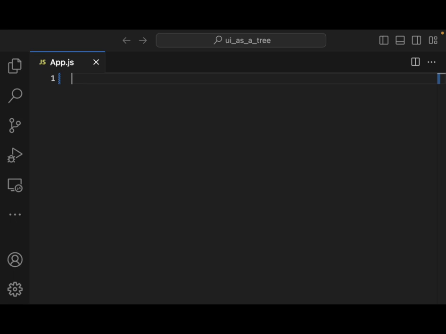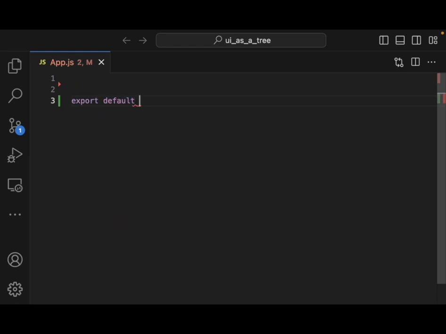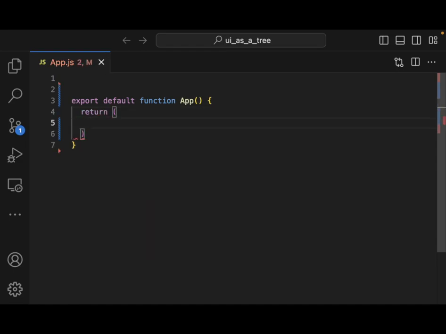Well, we're going to create our application, and we're going to have some component breakdowns here. The first thing is we want to have some nice looking text. Again, as I said, we're building up the components here. We'll go down here, export default, and create a function, and this function is going to be our App. It's not going to take in any parameters, and it's going to return